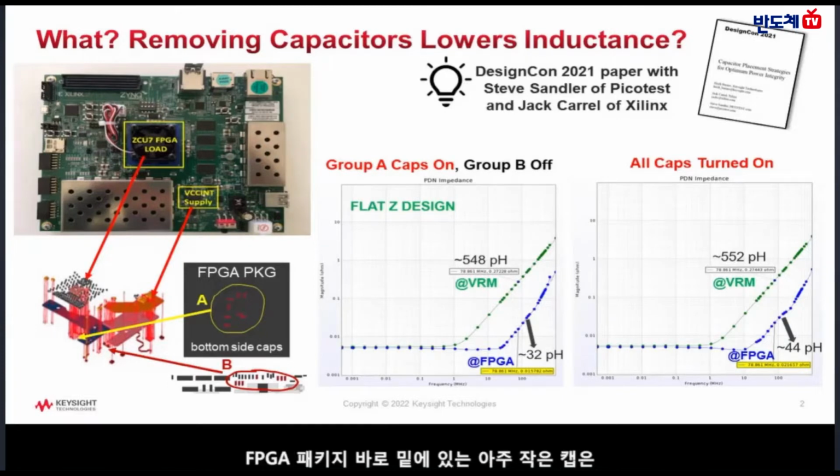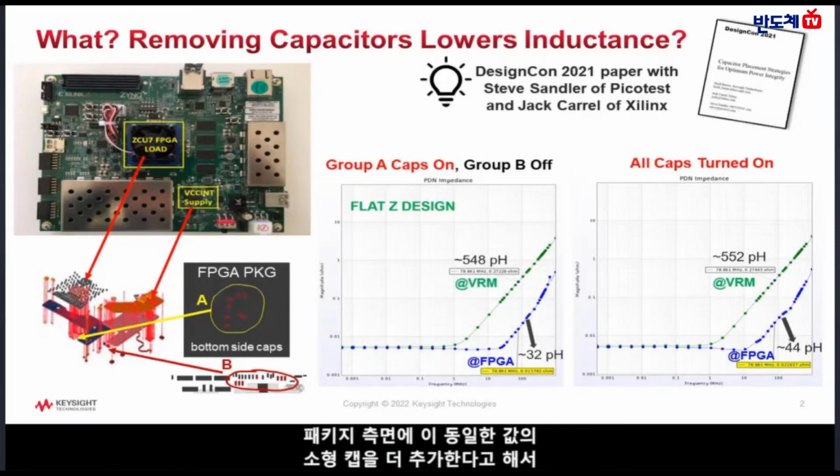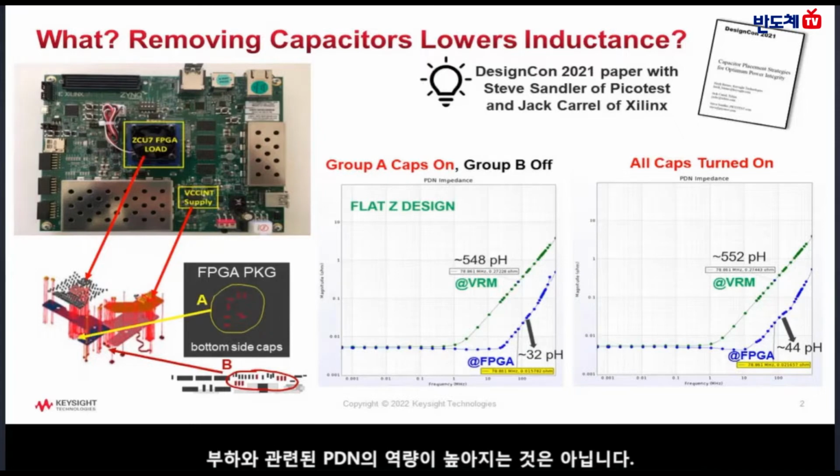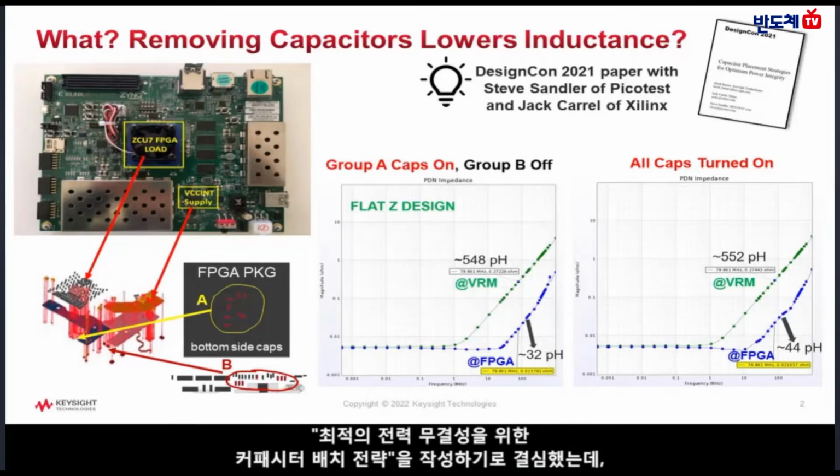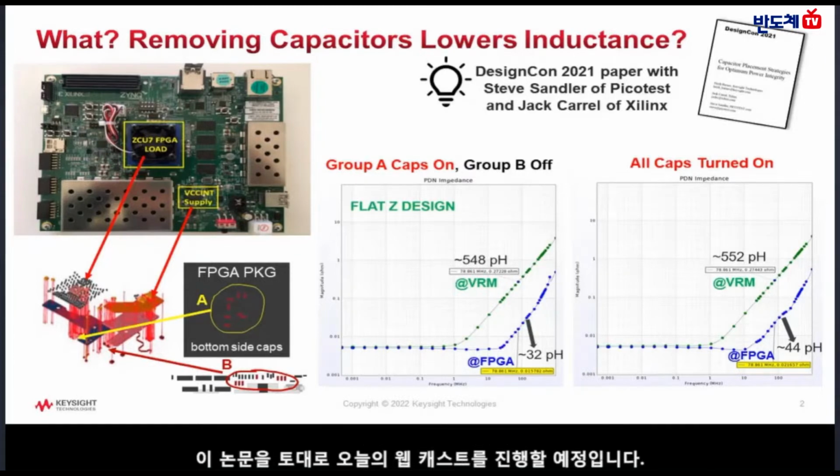The very small caps directly under the FPGA package have the lowest inductance to the FPGA pins, but adding more of these same value small caps off to the side of the package does not make the PDN better for the load. This result is what inspired me to team up with Steve Sandler of Picotest and Jack Carroll of Xilinx to write the DesignCon 2021 paper, Capacitor Placement Strategies for Optimum Power Integrity, and is the basis for today's